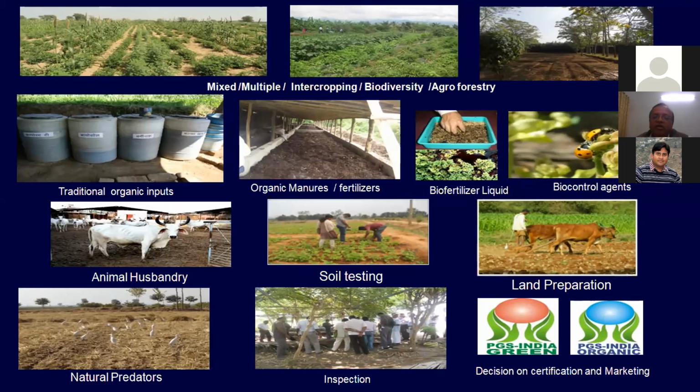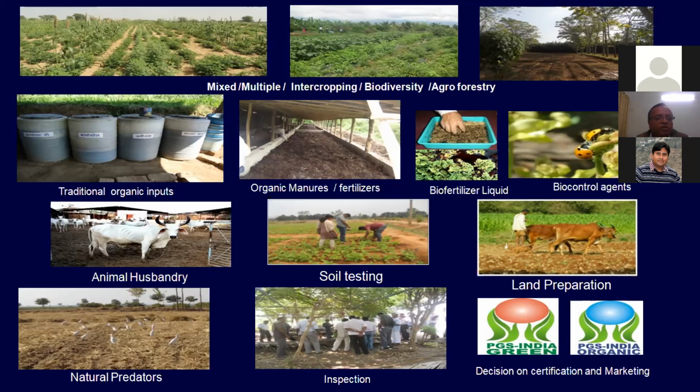There are many biocontrol agents available which can control the insect or pest without damaging nature. So through animal husbandry, we can get cow dung and cow urine, which are very useful